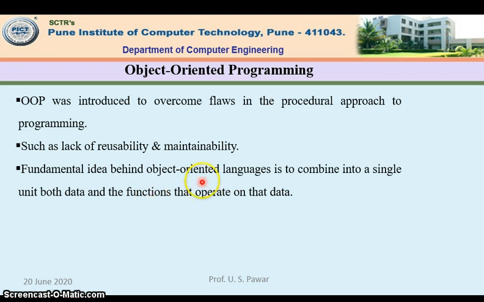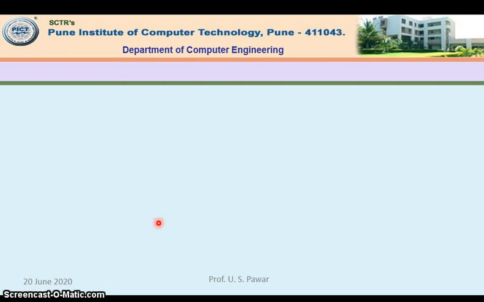And what does C++ or any OOP programming language do? The data and the functions which are operating on the data, all these things are combined into a single unit, which is called a class. And an instance of a class is called an object. So sometimes we can use these two things, class and object, interchangeably, but basically these are two different concepts. Right now we need to understand that such units are called objects, or an instance of a class is an object.